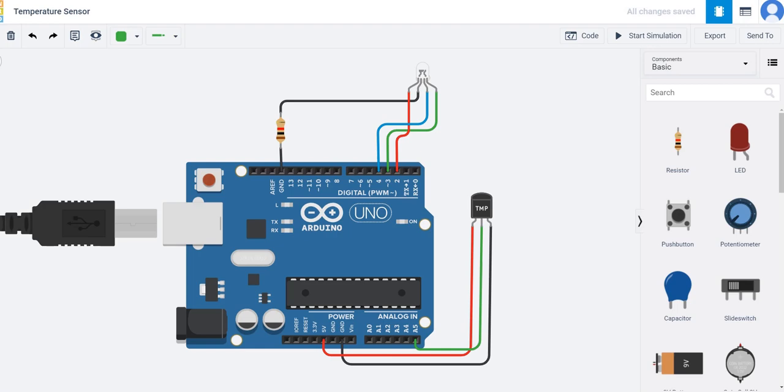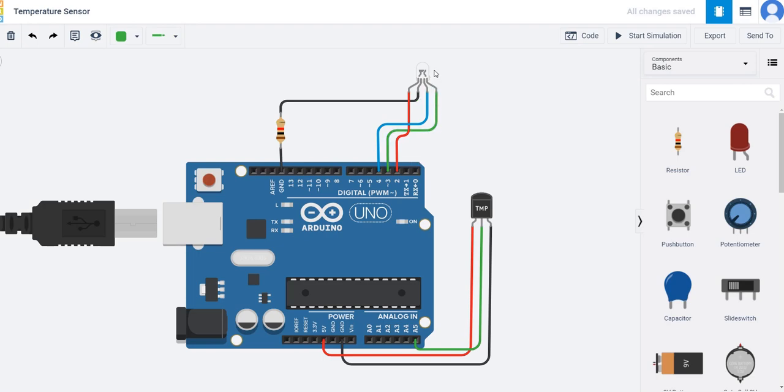Hello everyone. In this video I am going to show you a simple project. Specifically, I am recording this project video for the online Arduino workshop. In this project, I'll be taking the sensor value of this temperature sensor, and as per the temperature sensor value, if the temperature is greater than 30, then I will be